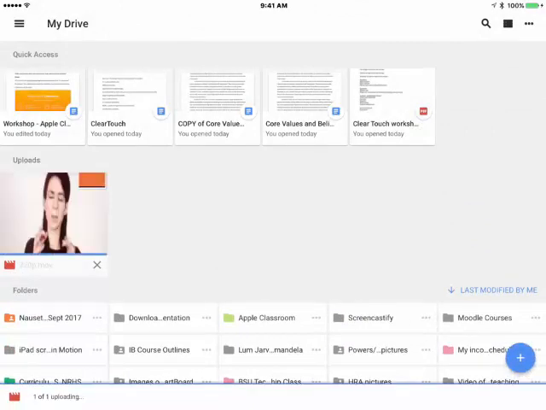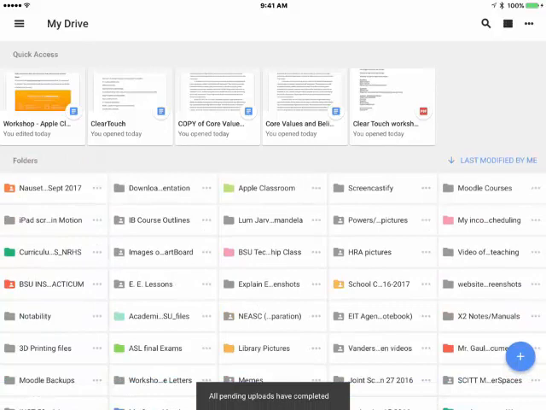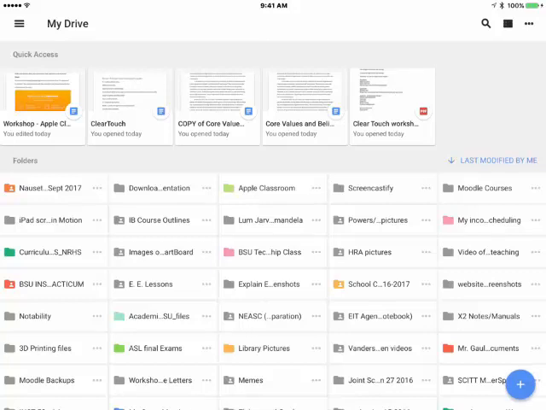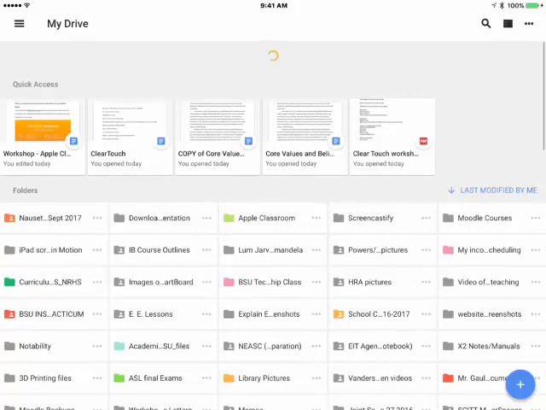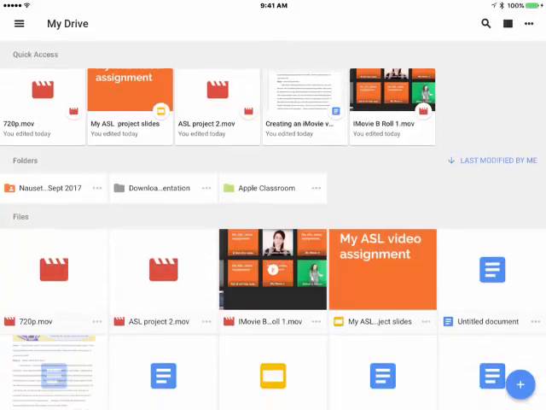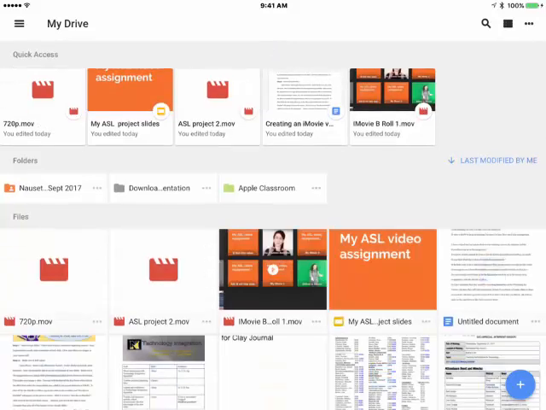Again, this could be time consuming as well. Once that video is uploaded, it might even give you an error message if you try to play it immediately. Don't panic if it doesn't play immediately, because again, now that you rendered it, Google needs to render it. So it does take a little bit. Check back in a few minutes. But once it's up there and it plays back nicely, now what you want to do is